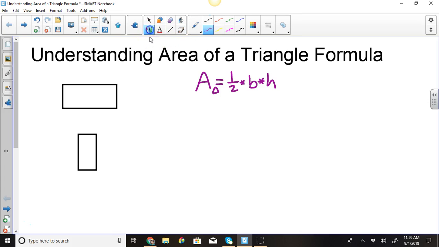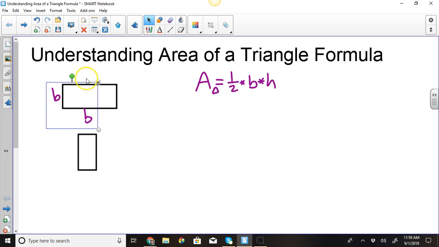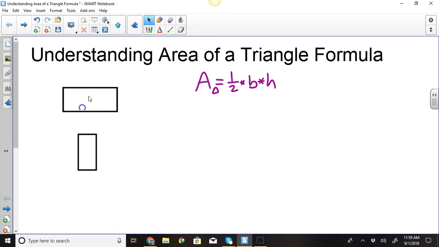So, you might have heard area of a rectangle is your base and your height. Oh, not B. Delete. Base. Come here, pen. Base and then height. And when you multiply those two together, it represents all of the space inside of the